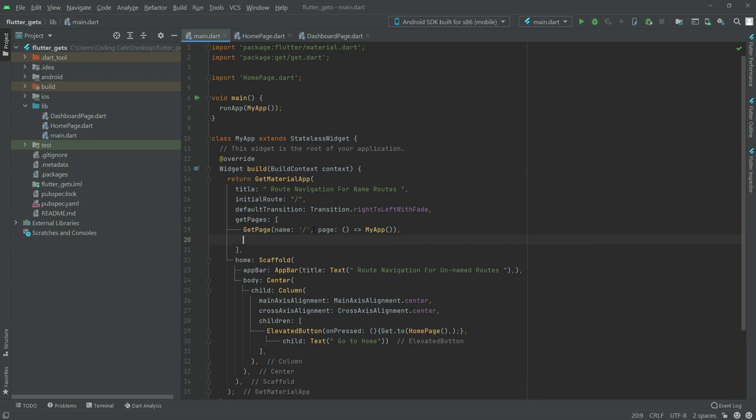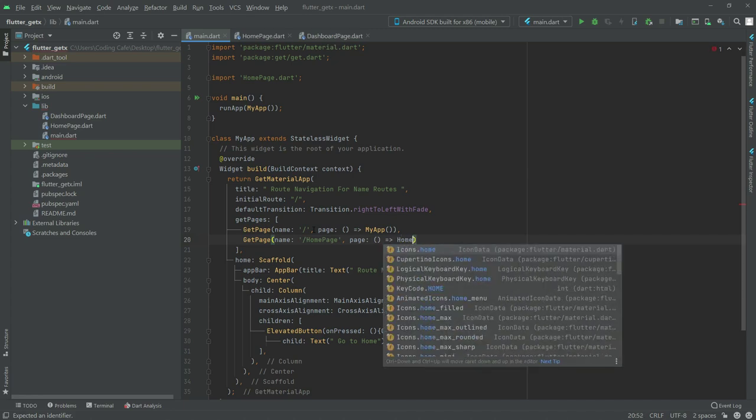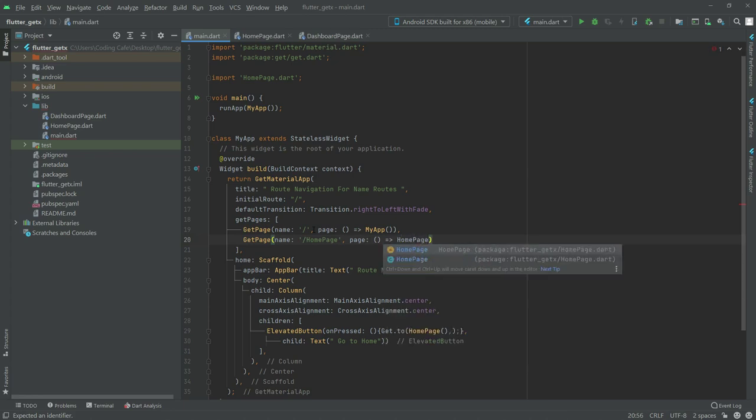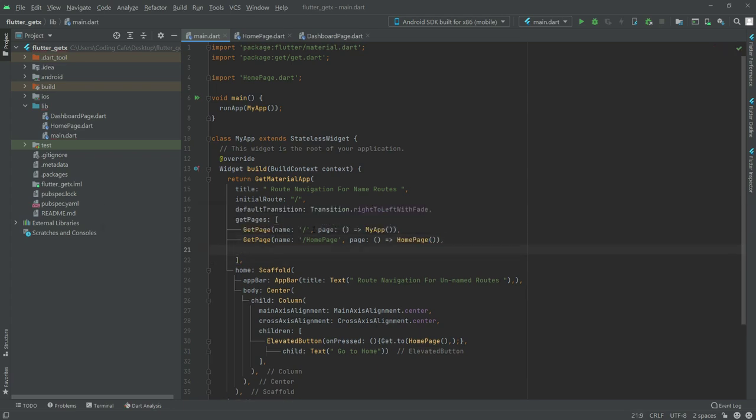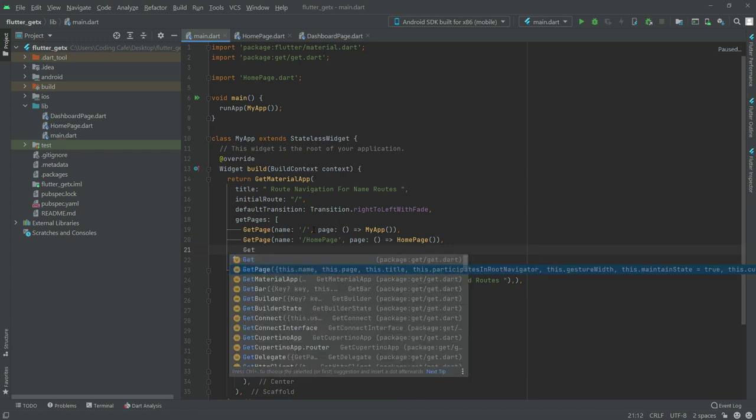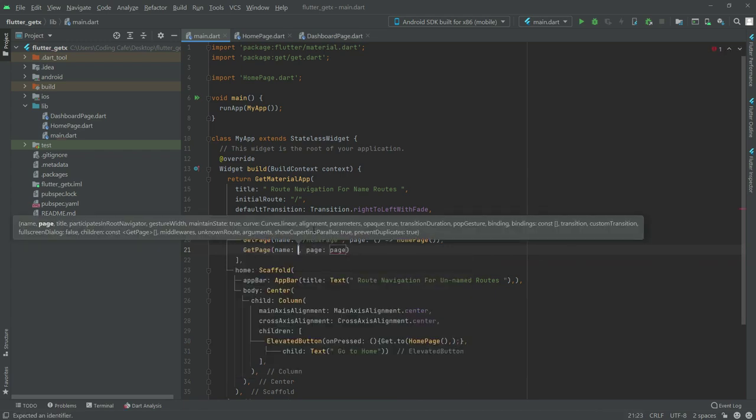Now we will set another. Right in here, GetPage, give the name. This time it will be home page. We will set it to HomePage, as you guys can see. Now we will set another in here, GetPage, give the route name.